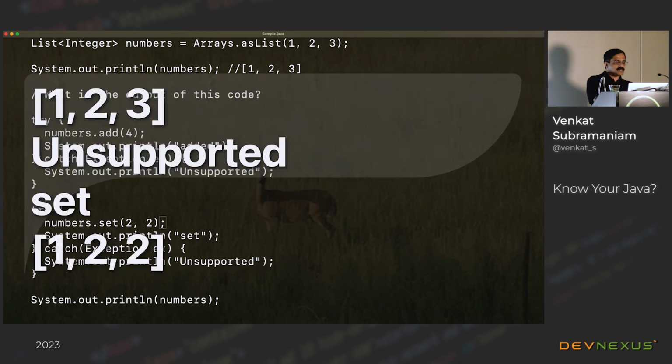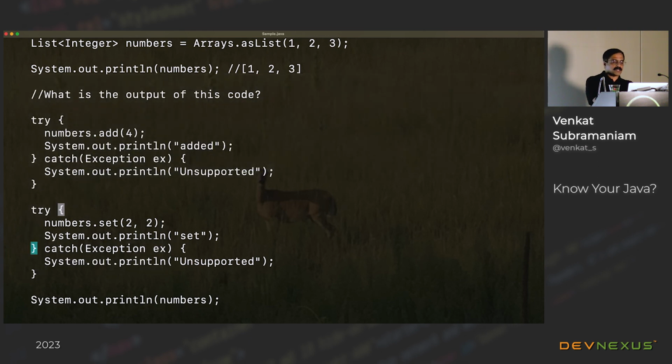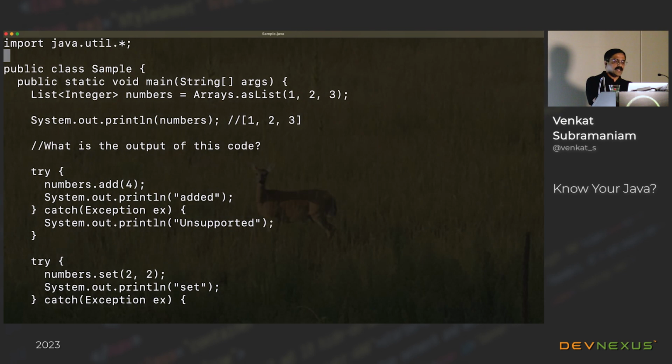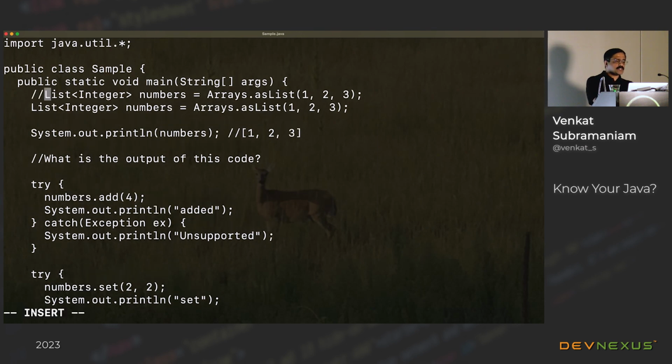So as a result, it is not an immutable collection. So what's the moral of the story? My recommendation is, this was great back in Java 5. As list was introduced in Java 5, and I'm sure a lot of us have used as list in our code, as much as I've done as well. But I highly recommend to retire that function.